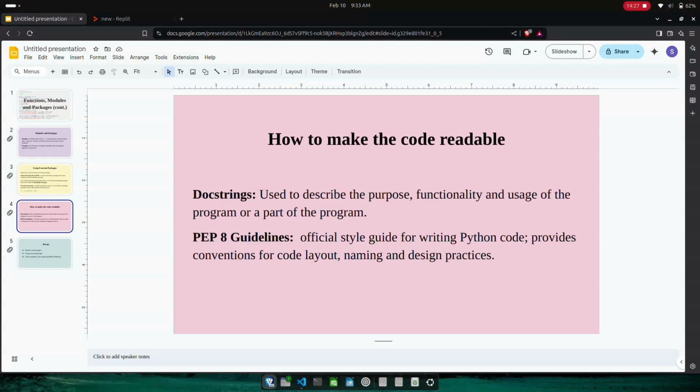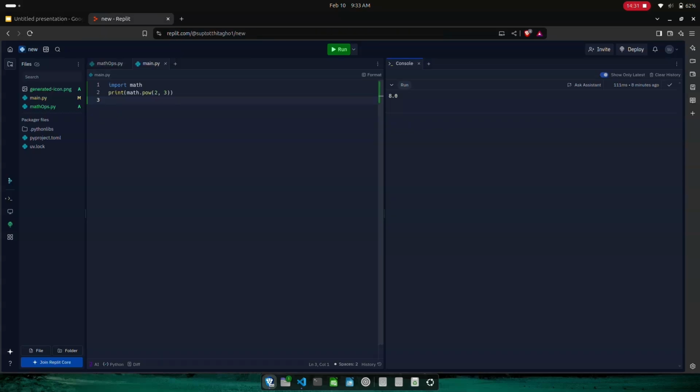Now let's go back to the code that we had just written here. Now let's go to mathops.py, and here, right in the beginning of the program, of the module, let's type 3 quotes. 1, 2, 3.